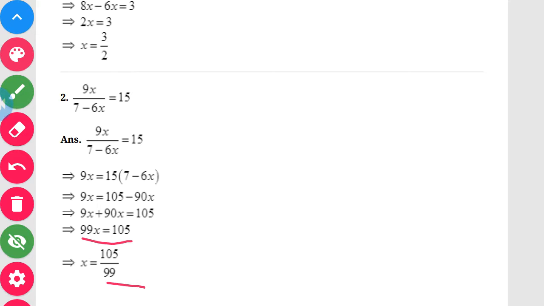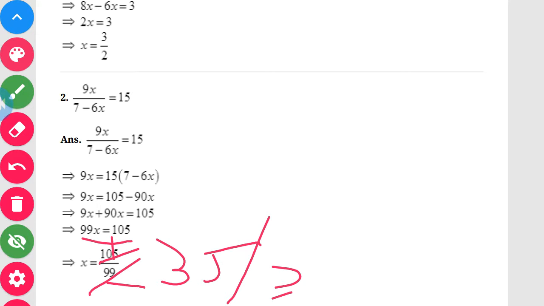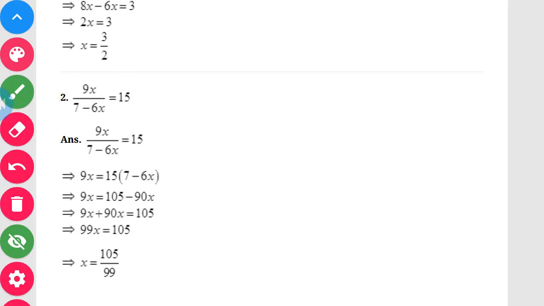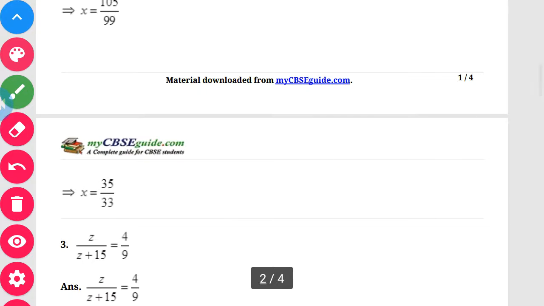Well, if you see, we can go with the 3's table here. Let me just cancel it for you. 3 3s are 9, and carry 1. So here 1 and 5 becomes 15, that is 35, and 3 3s are 9, 3 3s are 9. So 35 divided by 33. You can expect this answer also, but as it is given the same, you can leave it as it is. So shall we go for the next one now?